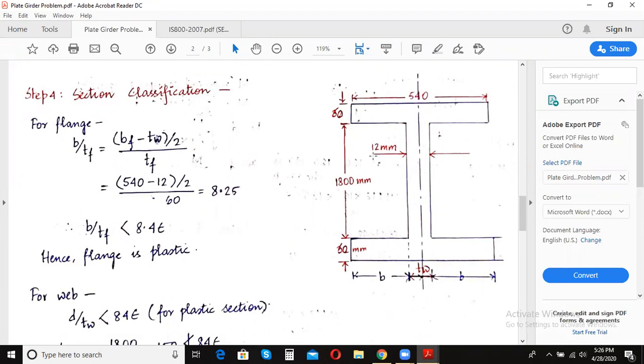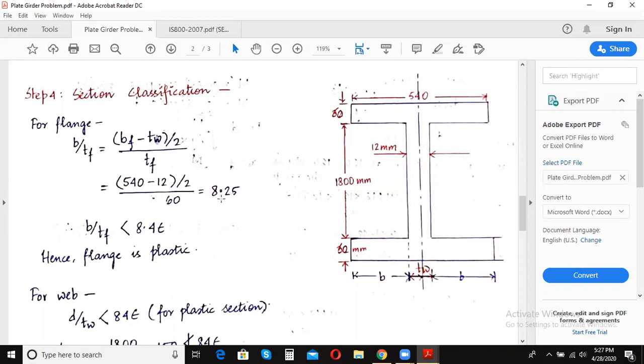You simply subtract TW, the thickness of this web, from the width of this flange, BF, and if you divide the value by 2, you will be getting this value B. Okay, so this is your B value, and you know how much is TF. TF is the thickness of flange, which is taken as 60 mm. So you calculate the ratio and it is coming out to be as 8.25.